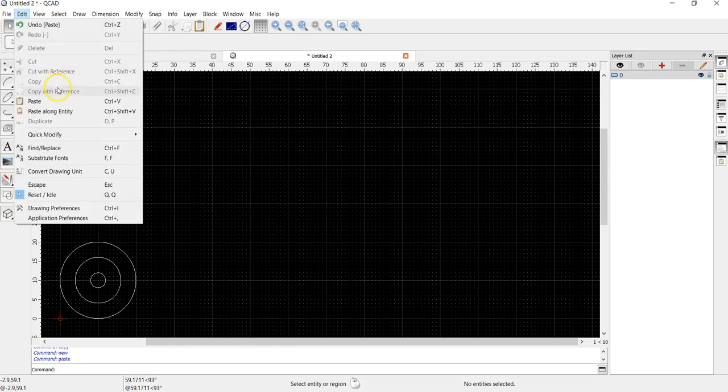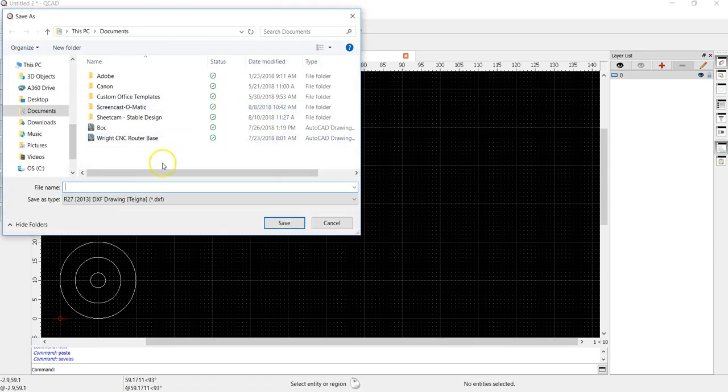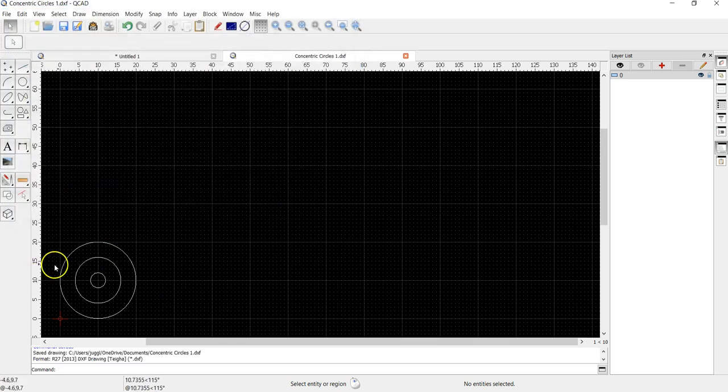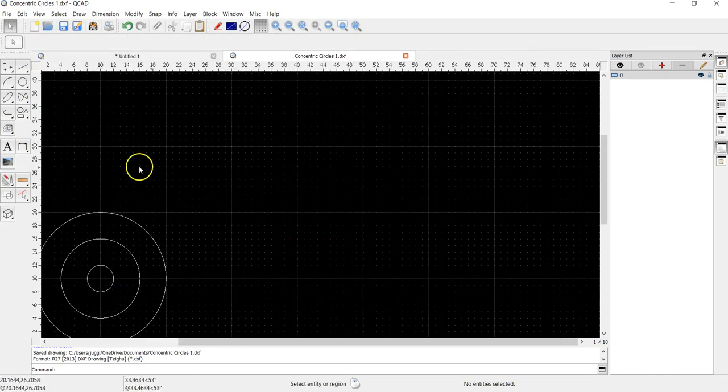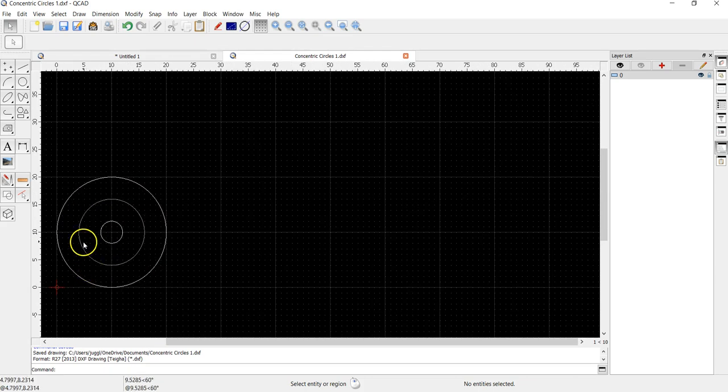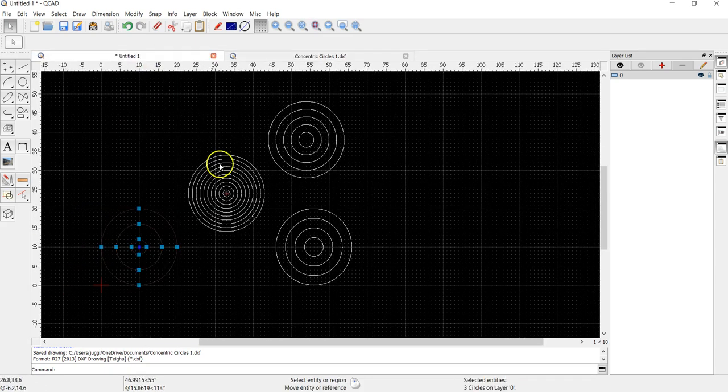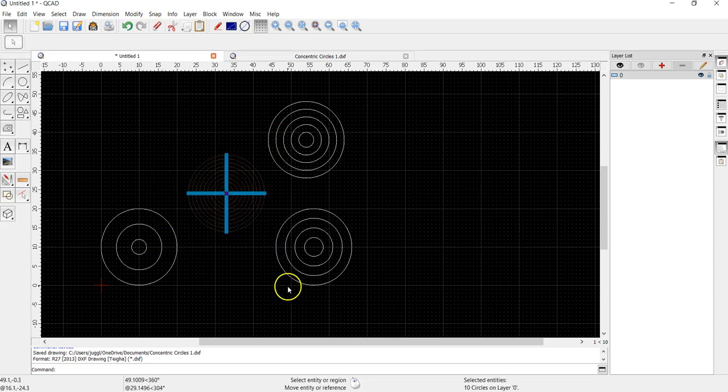Then I'll save this one as concentric circles 1. And now I've saved this file individually for me to edit and or to cut. And from here, you can mess with it in QCAD itself, or go over to Inkscape and mess with it. But from here, you now have separated it out. And we're just going to go ahead and do that one more time. I'm going to take this middle one here. I'm going to copy, and then go over to File,